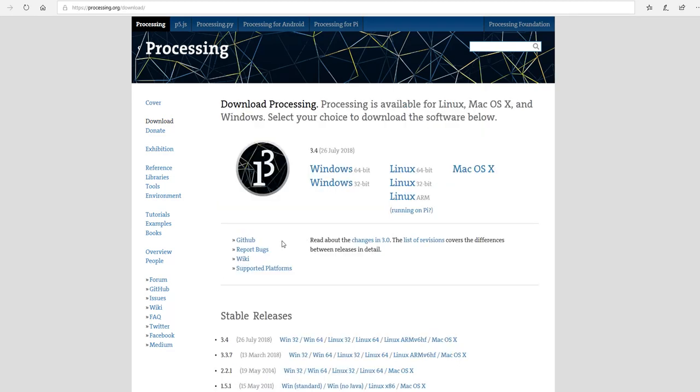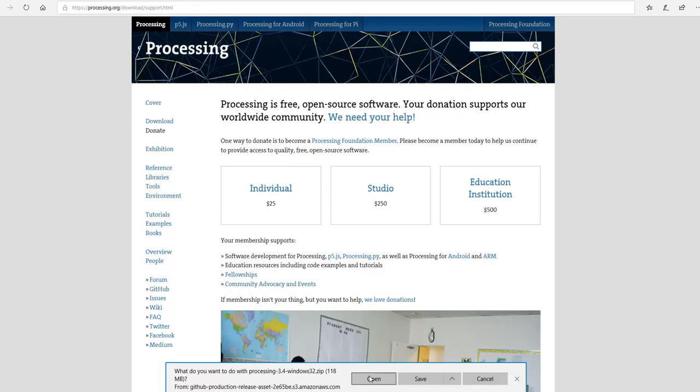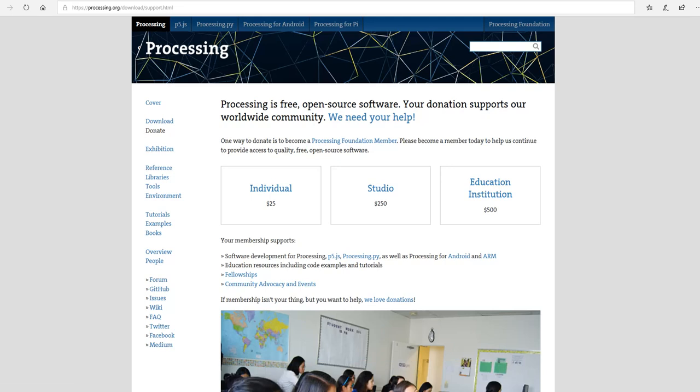Just click here, and it depends on whether you have Windows 64-bit or Windows 32-bit. Here we are using 32, so 32 is fine for you. Just click here, Windows 32, and it will start downloading the software for you. It will take a few minutes, or a few seconds, and it will be installed on your computer. Then you can save it wherever you want. This is the process of how to download it. As I have told you, I already have downloaded it for you, so I'm going to close this. Okay,